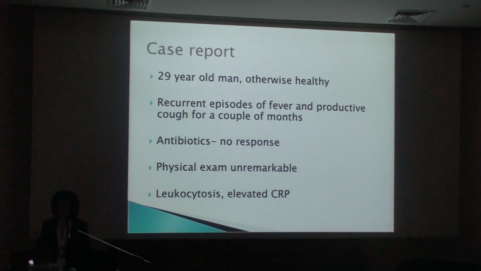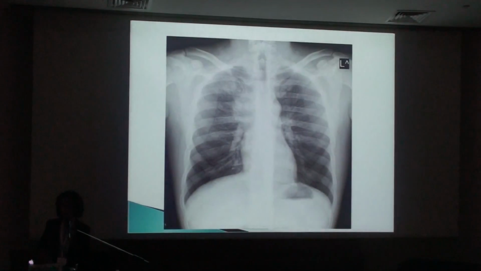He was treated with antibiotics for a diagnosis of pneumonia with no response. His physical exam was unremarkable, and he had leukocytosis and elevated CRP. This chest X-ray shows widening of the mediastinum and the right hilum, and also an alveolar opacity on the right